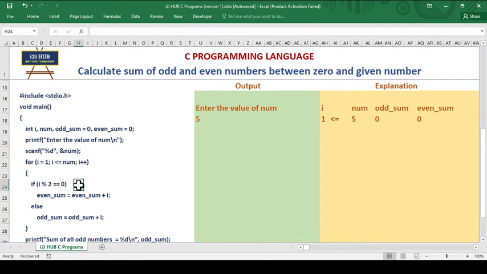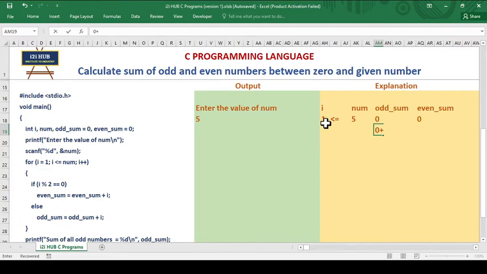When the if condition is false, what happens? It will come to the else part and execute this line. Initially, what is the value of odd sum? It is 0. Now odd sum's existing value, that is 0, plus i.